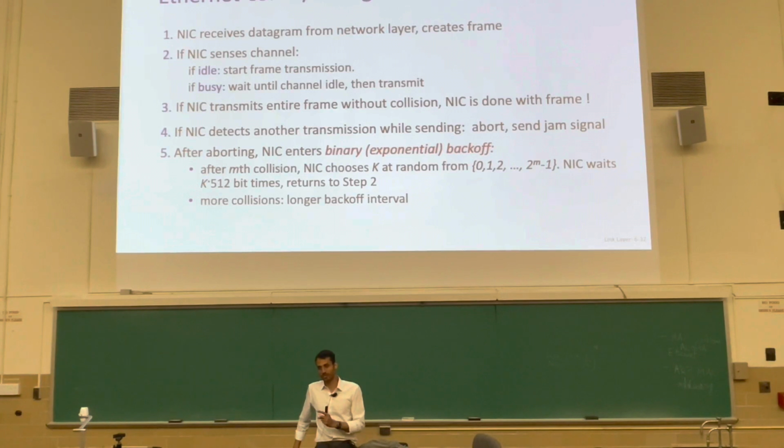So in expectation, after 4 consecutive collisions, each node is waiting for about 7 or 8 of these slots. But it's unlikely that they will both pick the same number, because the first node, if it picks a random value between 0 and 15, might pick 2. The second node might pick 9. And so they wait for different amounts of time, so one node might eventually get its frame successfully transmitted.